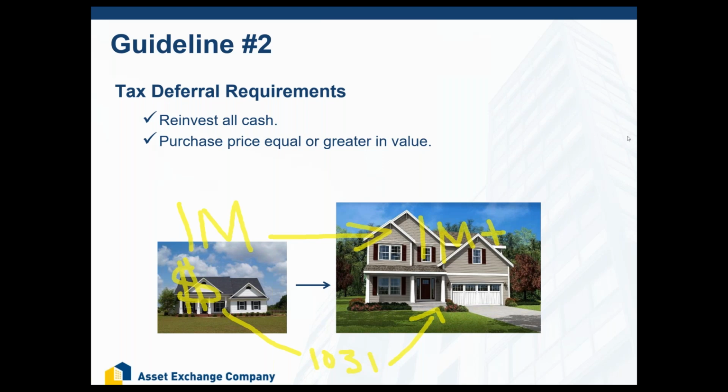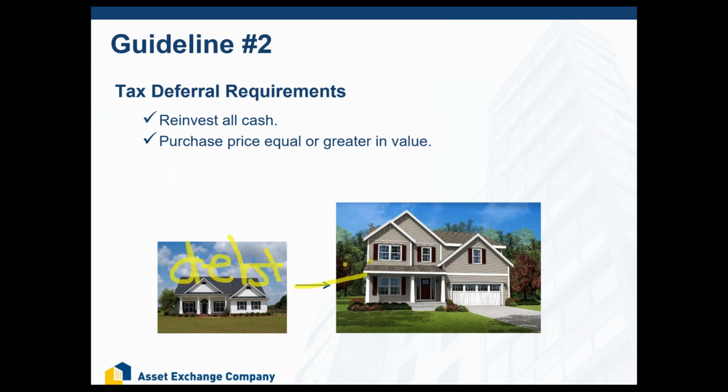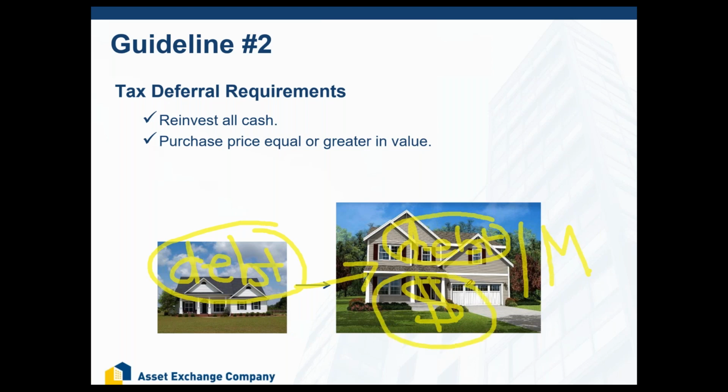Now, many of you might be thinking, well, geez, Leonard, I had a loan on the property I'm selling. Okay. Well, what do I do? Well, your loan gets paid off, and when you buy your new property, you're either going to get another loan or you're going to contribute additional cash out of your own pocket, because you need to still buy $1 million worth of real estate. And if you had debt on the sale property, you're going to need to get debt again on the new property unless you want to bring additional cash out of your own pocket. Does that make sense?